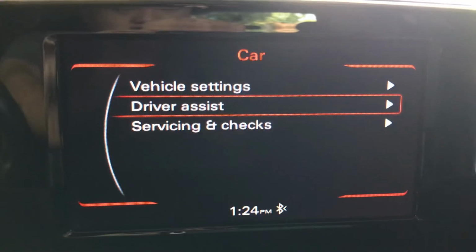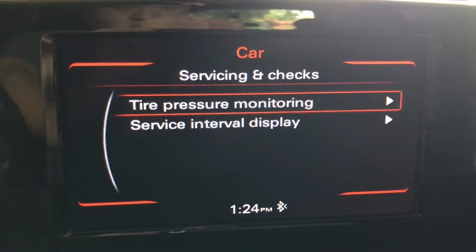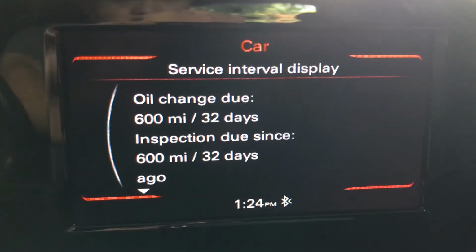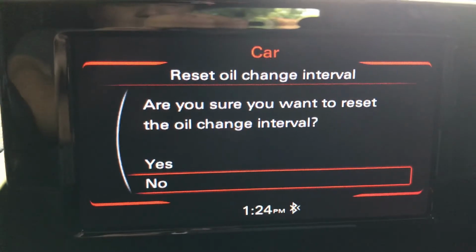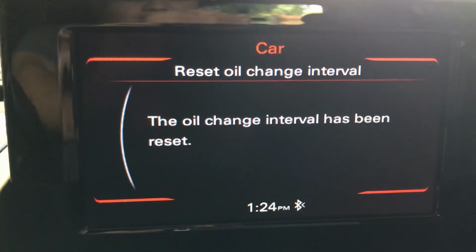scroll down to servicing and check, enter on that, scroll down to service interval display, enter on that, and scroll all the way down to reset oil change interval, enter on that, scroll up to yes, enter on that, and